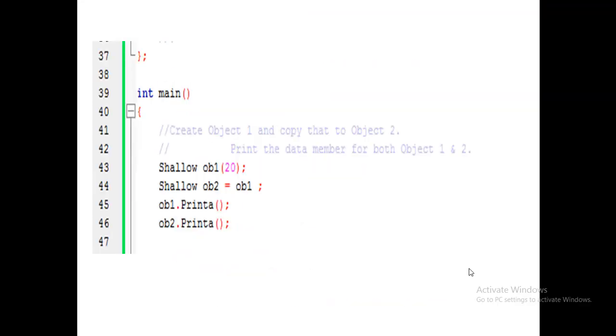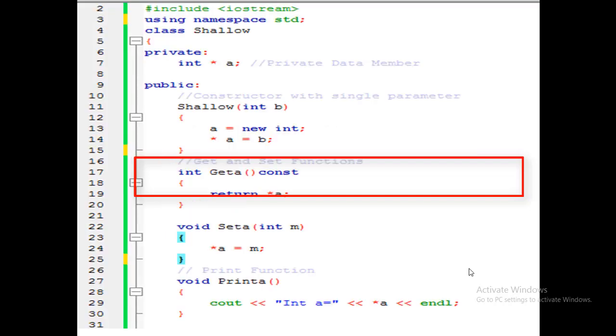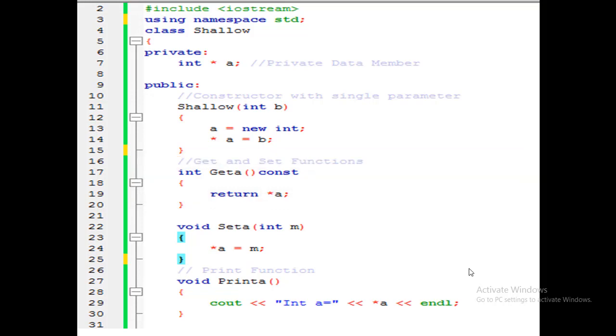In the main body, we will create two objects with the names OB1 and OB2. In OB1, we will pass the value 20 as an argument that will be received by the set A function, that is 20.